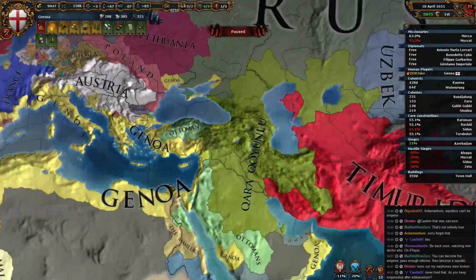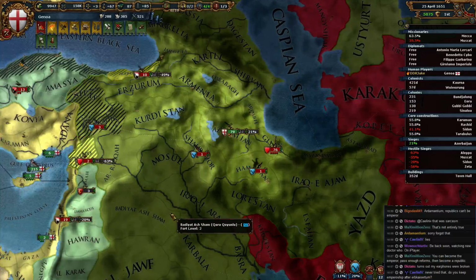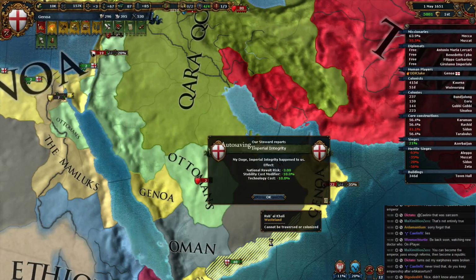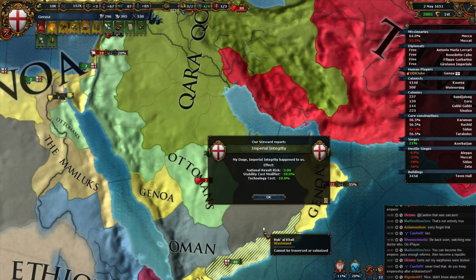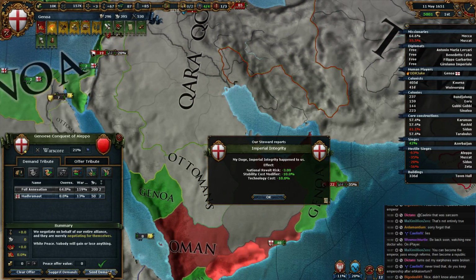Yeah, you know, I want to have a unified country. I can just tear down the buildings and build new ones. Out with the old, in with the new. Yeah, that's what I'm looking for. Imperial integrity. If I get white peace with Oman,